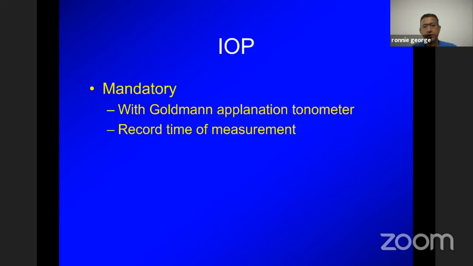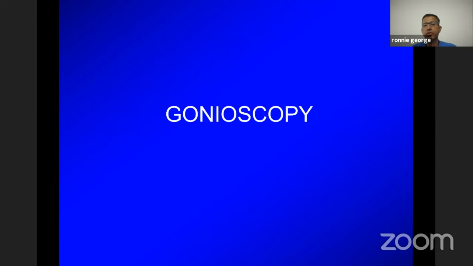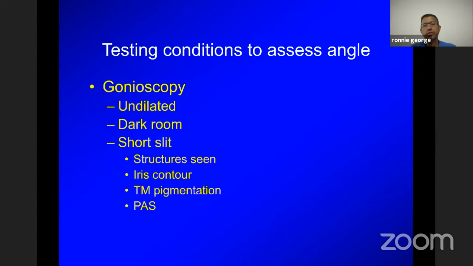You will not have access to a central corneal thickness measurement, and this is something your examiner might ask you what you'd like to do, and don't forget at that point to mention that you might want to do a central corneal thickness measurement. Now, gonioscopy is a really important part of your clinical assessment,